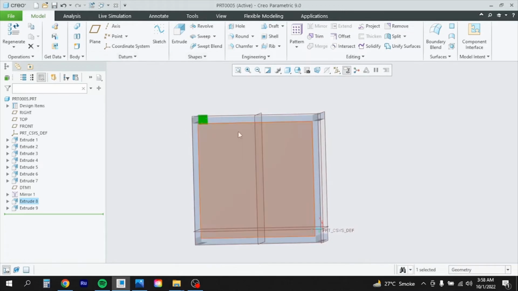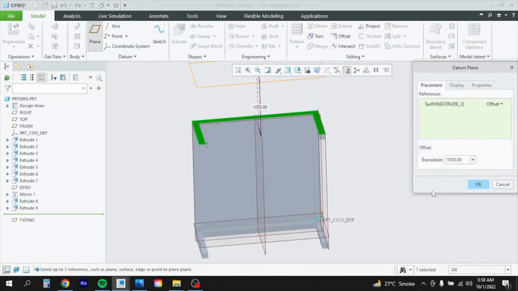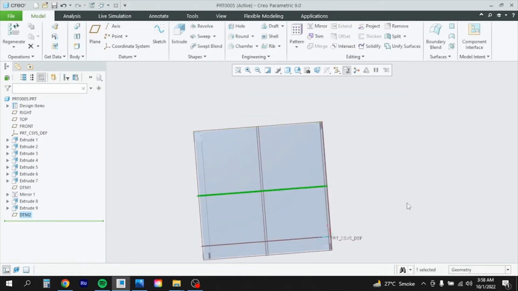Okay, so now I need another plane, so I will choose this one and I will add another plane. Okay, so this is our additional plane. Now we are having two planes, so I will simply